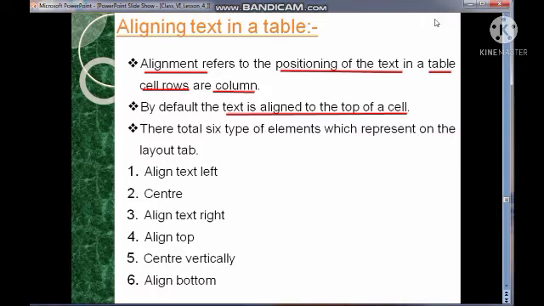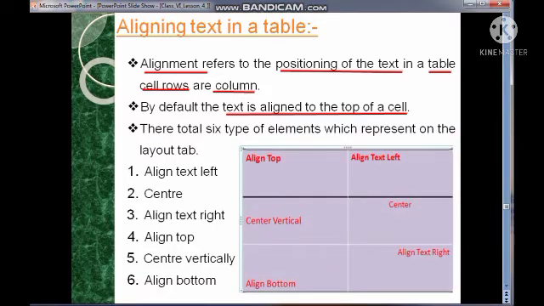These are, you can see, align text left. Align text left means it displays the text at the left position. You can see this one, align text left. Then center.